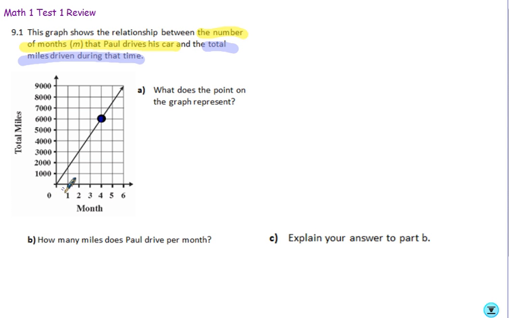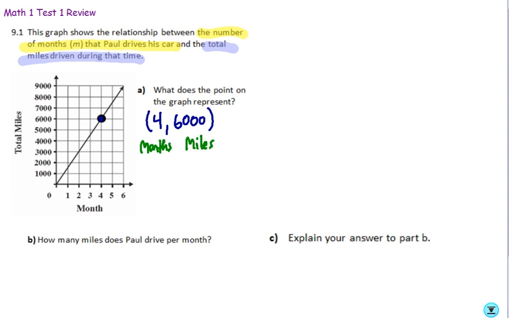Well, if we go over on the x-axis, which is time, it says 4 months, so that point would be 4 and then 6,000. And then we just want to look to see what each thing represents. Well, this represents months, and then this represents miles. Now, we don't want to leave our answer that way. We want to put it together in a complete sentence here. So we could say, well, what does that point represent? Well, it represents that